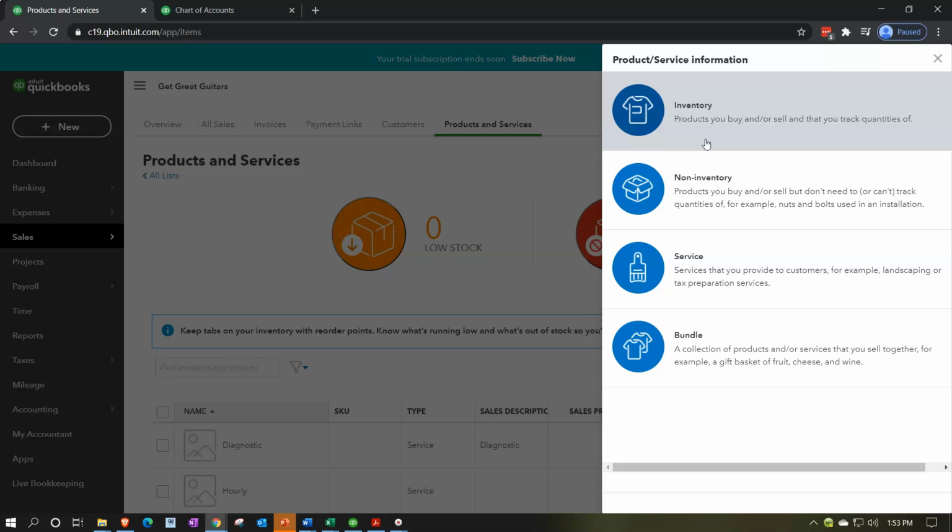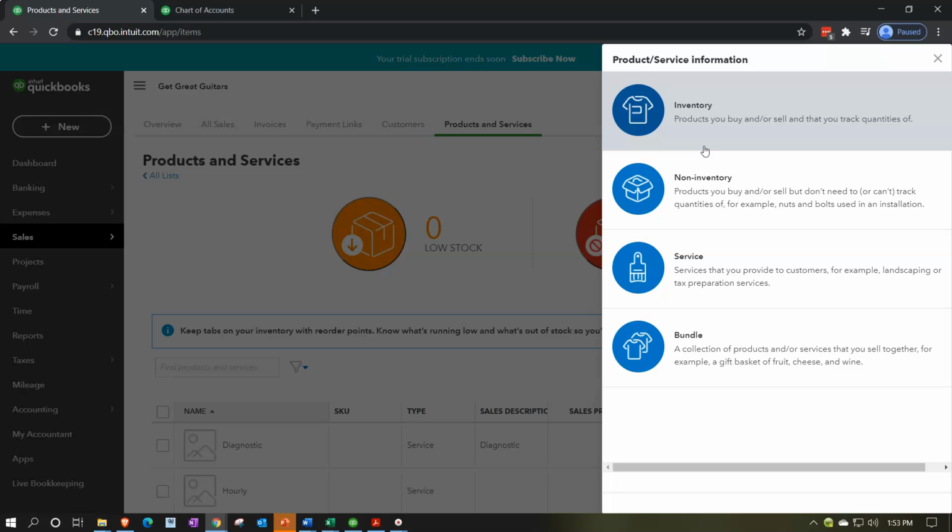We simply record the purchase price. We record the price in terms of dollars. We do not record the actual unit price, and instead record the units on a separate worksheet like Excel and whatnot. Then we count how many we sold, and we can do a periodic adjustment at the end of the day. So if you want to use a periodic inventory system, you might use one of these two items for your inventory items. If you're using a perpetual inventory system, tracking the inventory with each transaction and the actual units of inventory within QuickBooks,